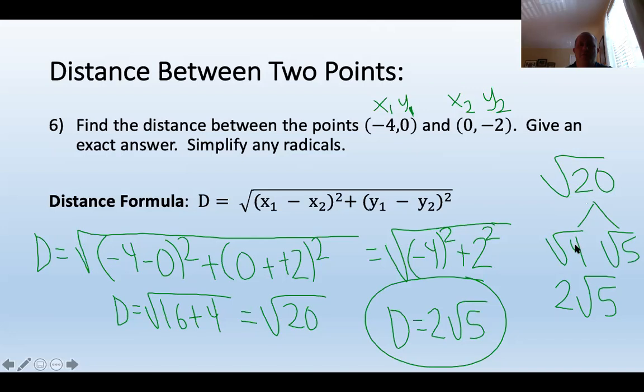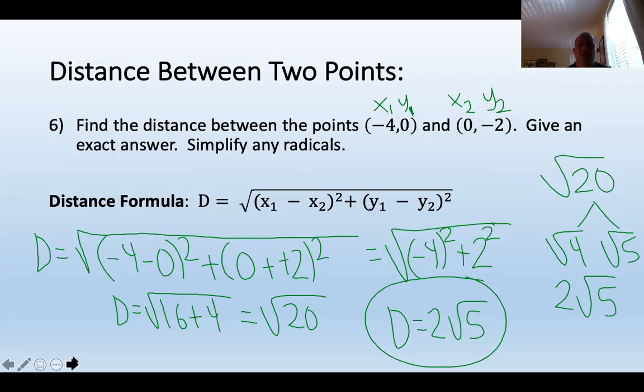So it'd be 4. Or would be 2. Square root of 4 would be 2. And then 4 times 5 would give you 20. And so then you'd have square root of 5 in your other radical. So it'd be 2 square root of 5 would be your final answer for the distance between the 2 points